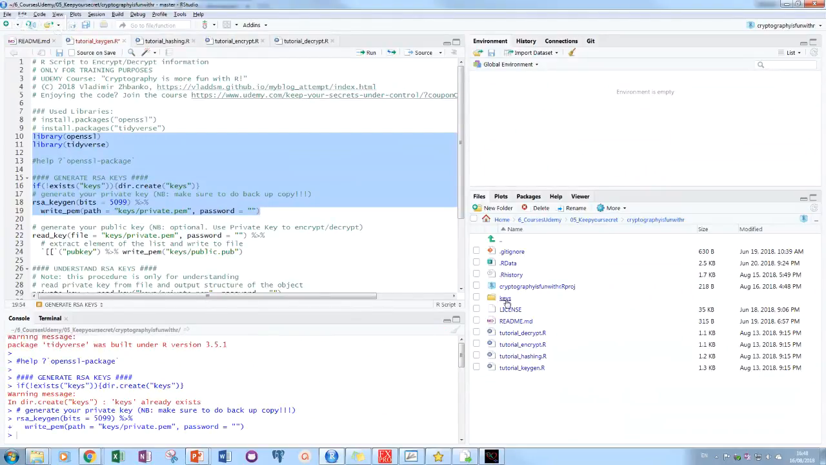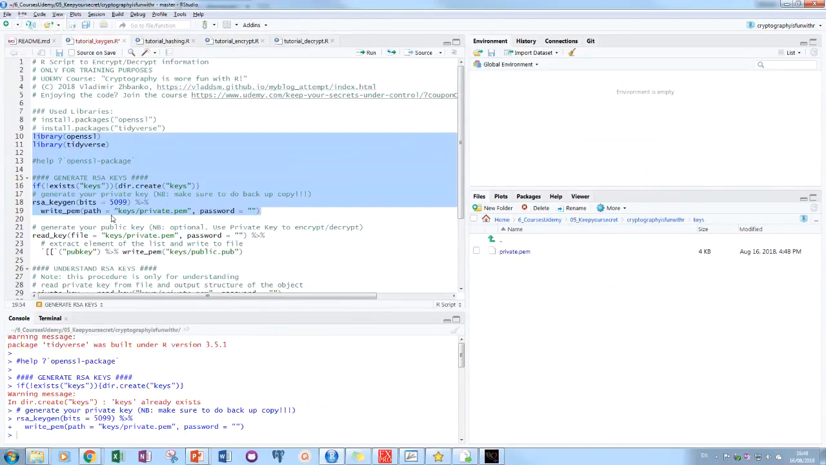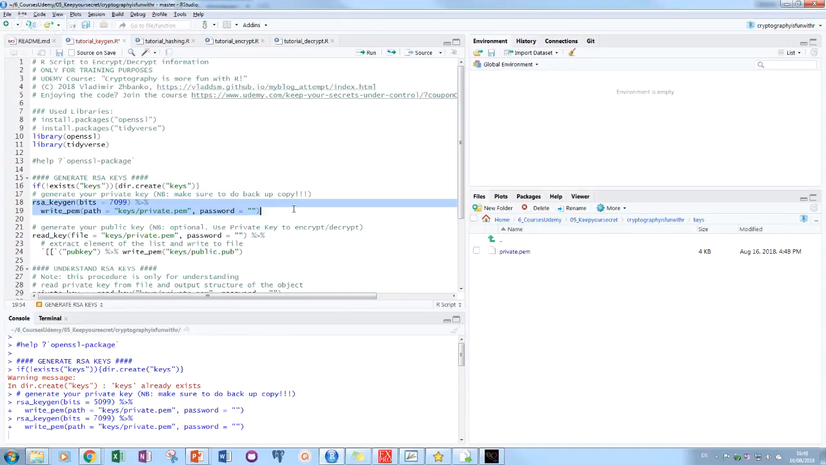We have our keys. This is a key. If I put 7,000 bit here, it will overwrite this key, and the key will be slightly bigger, as you see here. Now I would like to generate a public key,